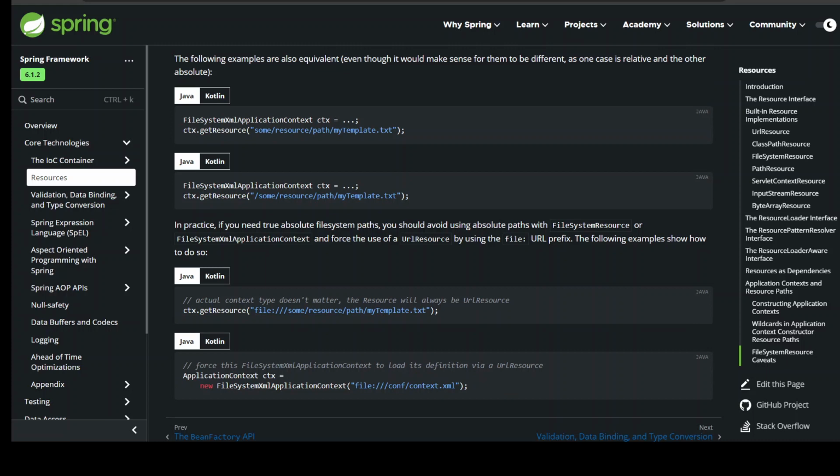FileSystemXmlApplicationContext ctx = ...; ctx.getResource("some/resource/path/myTemplate.txt"). FileSystemXmlApplicationContext ctx = ...; ctx.getResource("/some/resource/path/myTemplate.txt"). In practice, if you need true absolute file system paths, you should avoid using absolute paths with FileSystemResource or FileSystemXmlApplicationContext